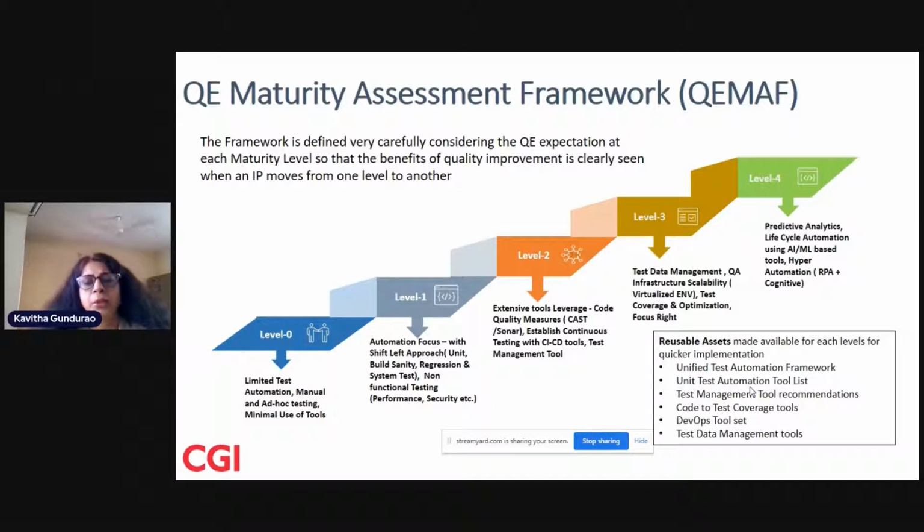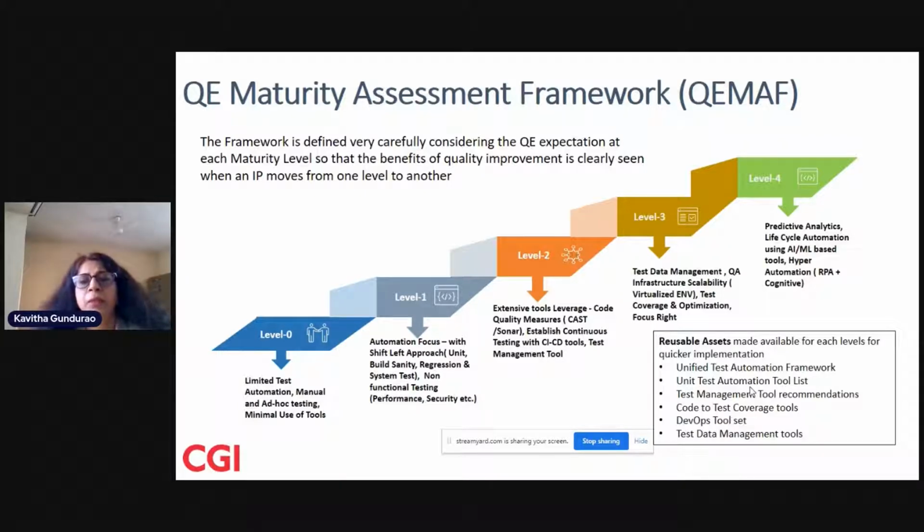If you look at level two, we put across extensive tools leverage, such as code quality measures. We're starting to use CAST and Sonar, which are instrumented with your source code, and then we get to see where we stand with respect to the code quality, right? And establish continuous testing with CI/CD tools, and integration with the test management tool is something we thought we should be focusing on in level two.